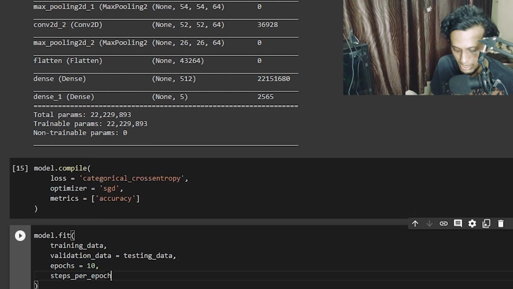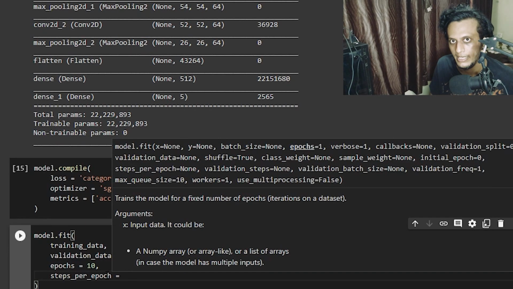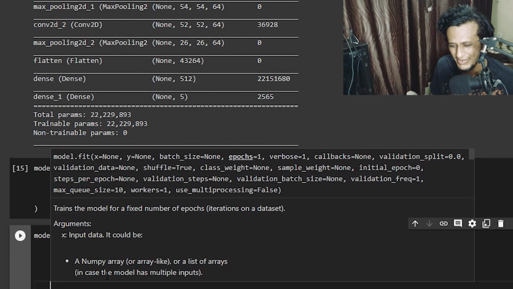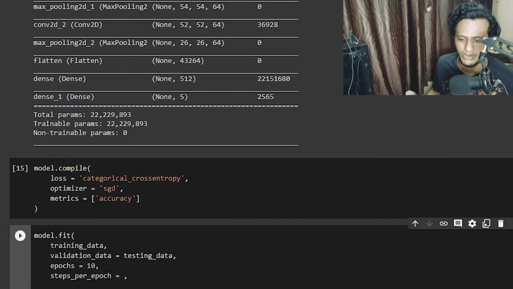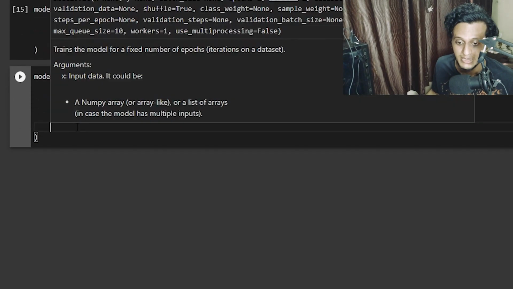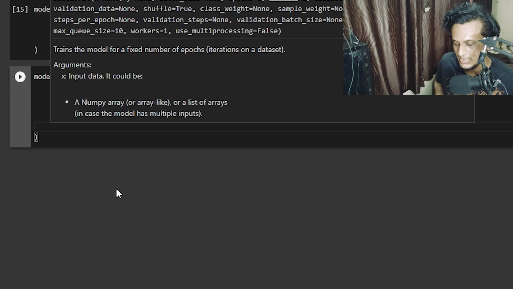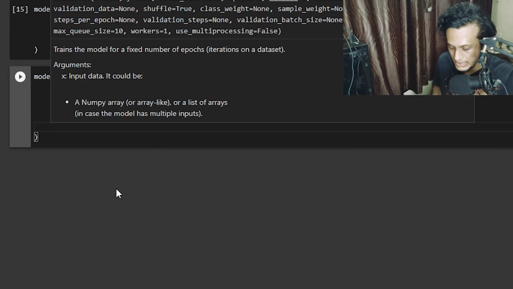Here is an equation I'll tell you. Why do we even need it? You might think I don't require this, but it is very much important. If you train your data in steps, because in each batch I have 64 images, I can train them very efficiently using the steps my epoch is taking.